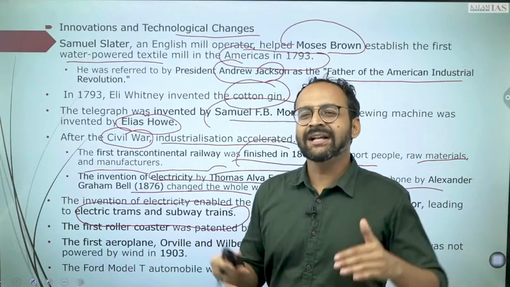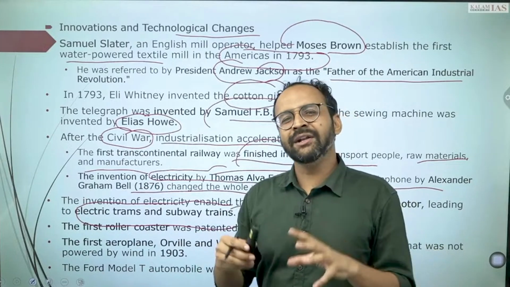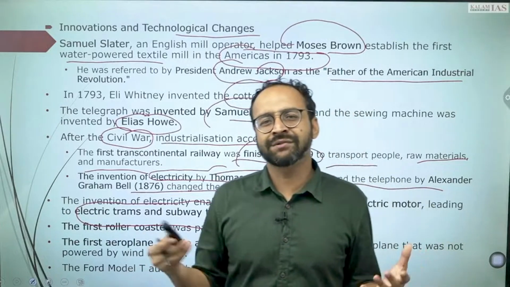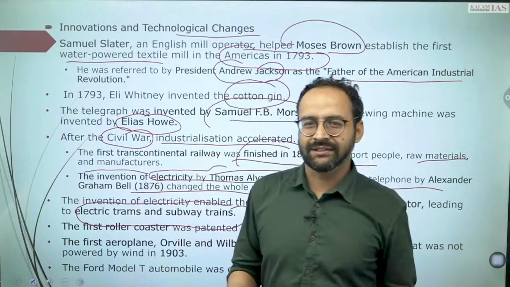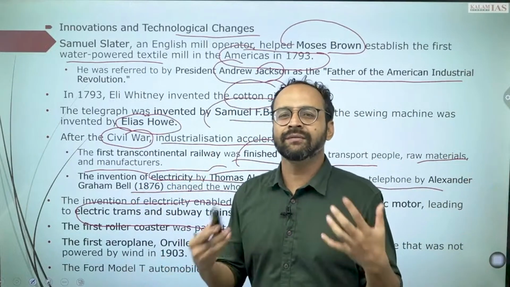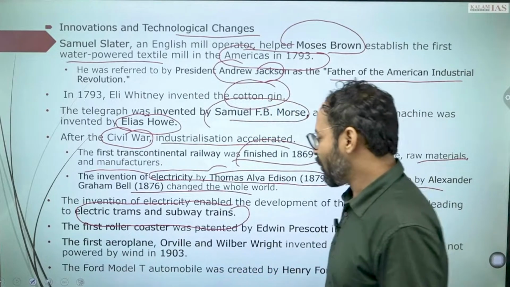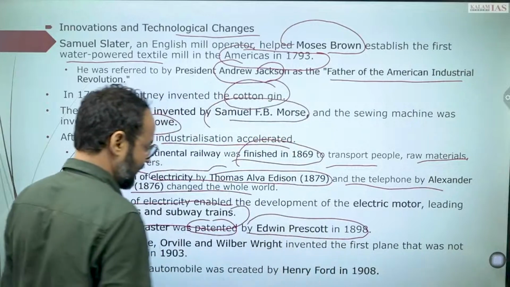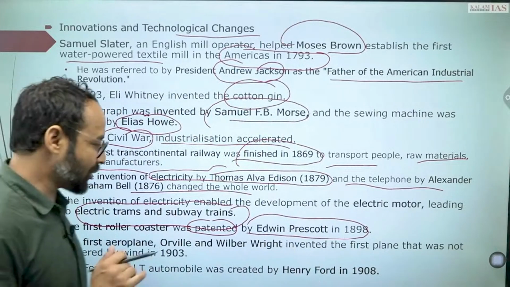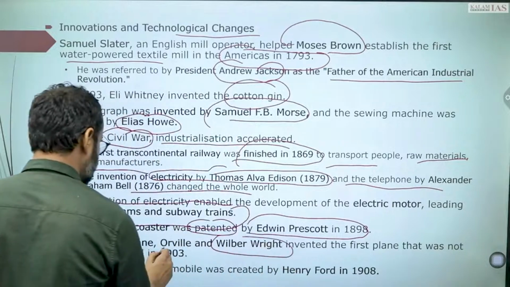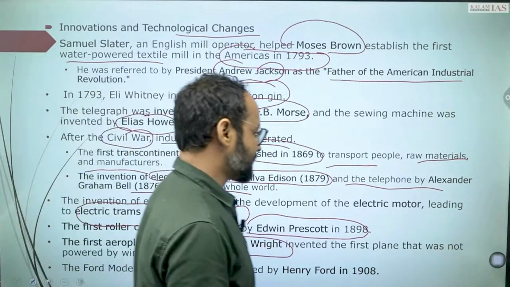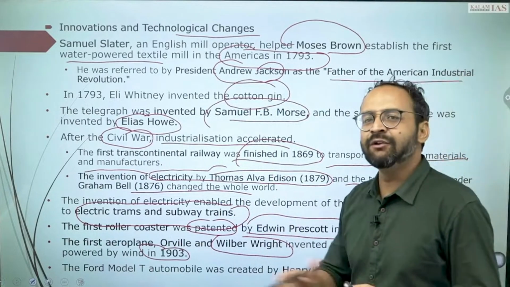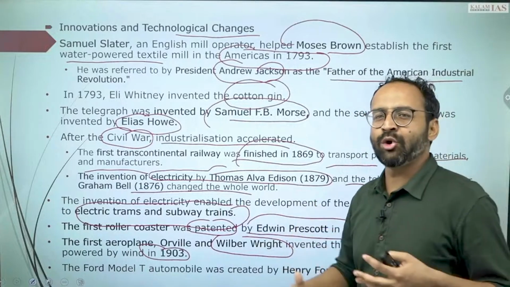So you can also say that the Indian society or Indian economy, what we are facing now, the development of roads, the development of the fourth industrial revolution, they have already faced it in the 1870s. That's why it's called a first world country. The first roller coaster patent was also by Edwin Prescott in the 1890s. Not to forget, Wilbur Wright and Orville Wright, the first plane was flown by these people, and it kind of revolutionized the way we perceive modern communication.